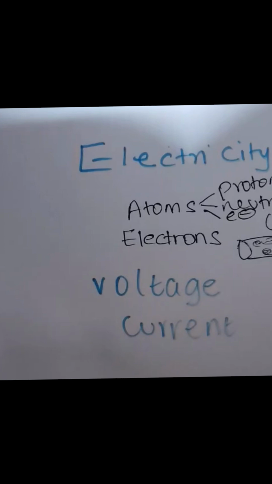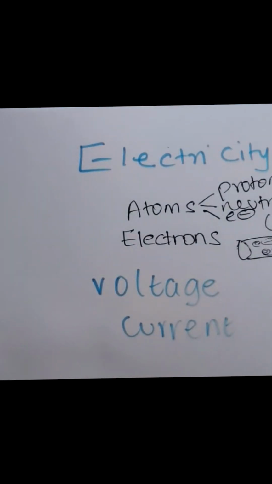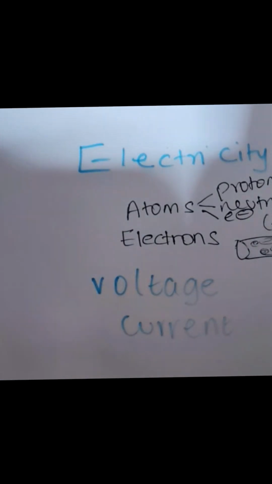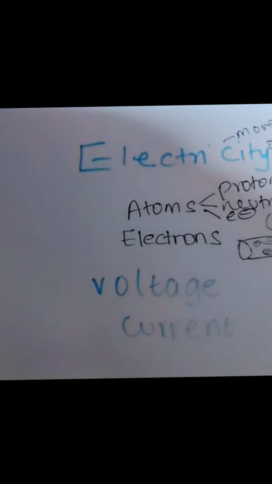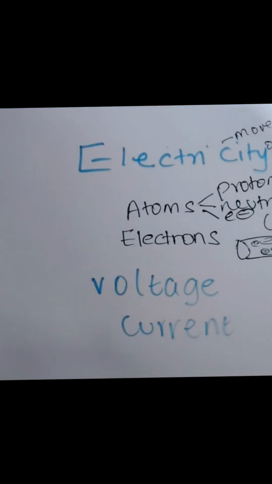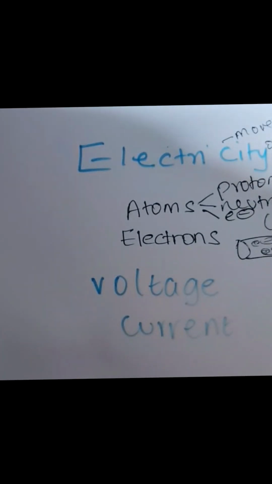Now you connect a battery. Now what happens? Suddenly the battery causes the electrons to move in one direction. This organized movement of electric charge is called electricity. It is the movement of electric charge. That is called electricity. Electricity is the movement of charge, electric charge. In metal wires, this charge is carried by electrons.